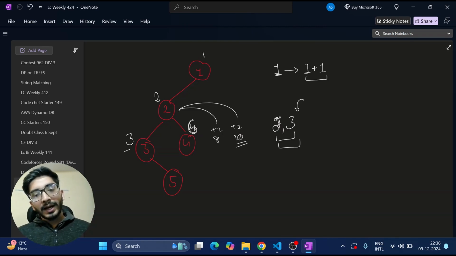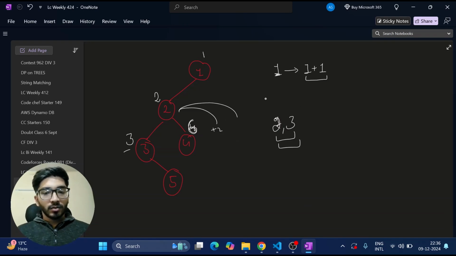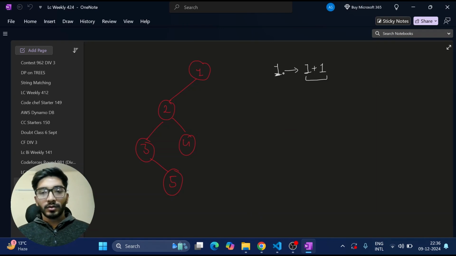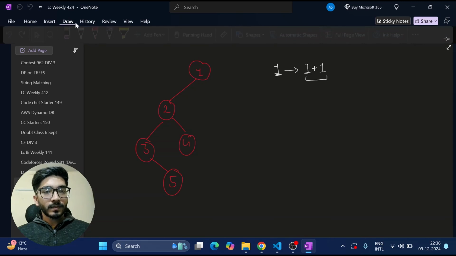So if I can make the difference between my two values as even as possible, that's going to save me from getting into any conflict. But due to some conflicts or overlapping issues, I was not able to implement this solution and this didn't pass. But while solving, I got to know a better solution for this, which is nothing but